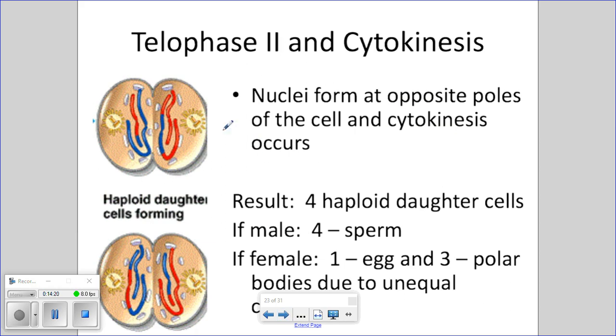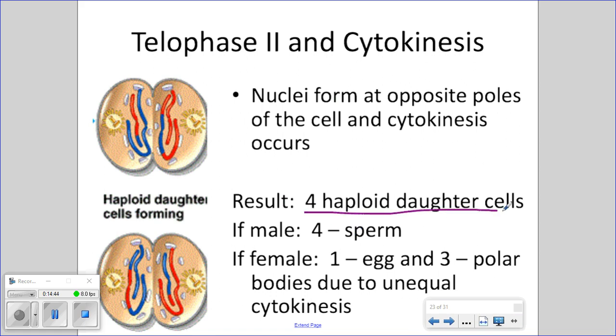In telophase 2 and cytokinesis, nuclei form at opposite poles. The nuclei will reform at opposite poles of the cell, and cytokinesis occurs. So you get the cleavage furrow that forms, nuclear membrane that reappears, the chromatid will uncoil, and so the result now is that we get 4 haploid daughter cells. We have 1, 2, 3, 4, and